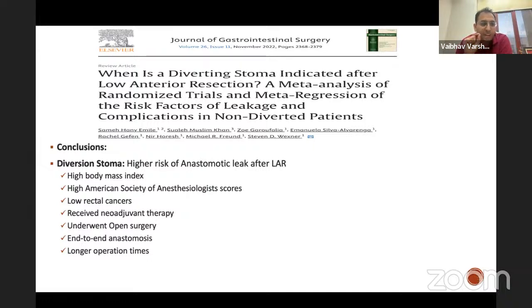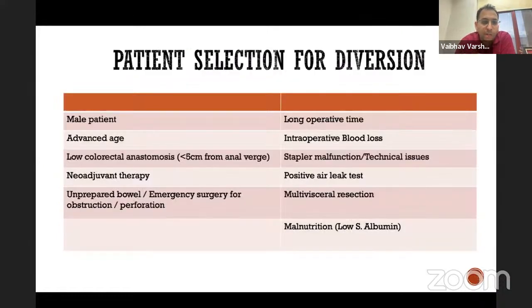So if the patient has high BMI, high ASA, low rectal tumors, neoadjuvant therapy, open surgery, end-to-end anastomosis, or long operation time for any other reason, it is better to make a diverting stoma. So just to conclude this, whether to make one, if these factors are present: male patient with high